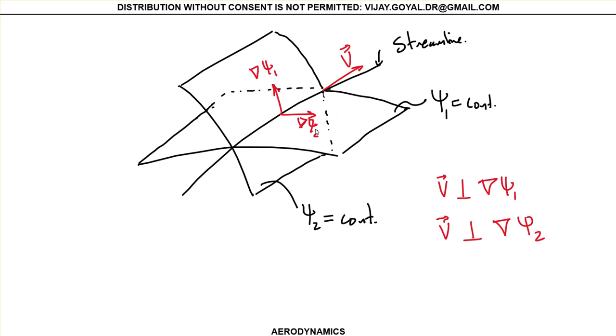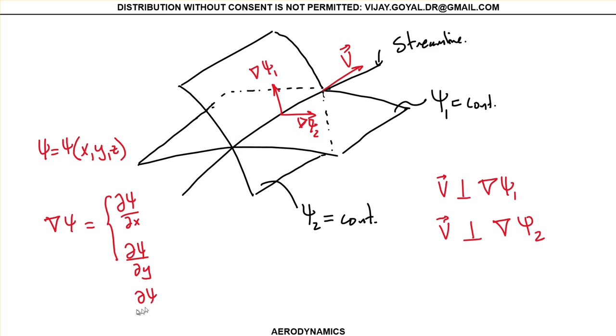That's the gradient. And the gradient of a function, just as a review: if psi is a function of x, y, and z, then the gradient is defined as a vector with three components: the partial of psi with respect to x, the partial of psi with respect to y, and the partial of psi with respect to z. That's how we define that. To continue this discussion in the next slide,